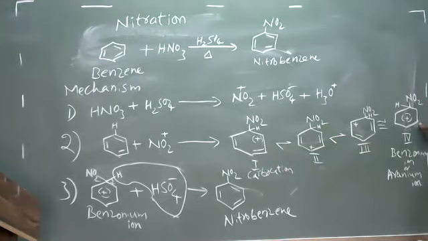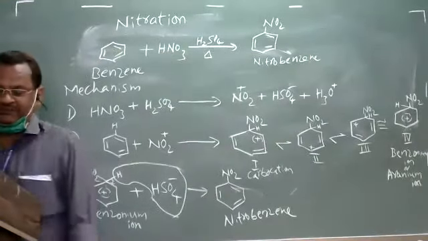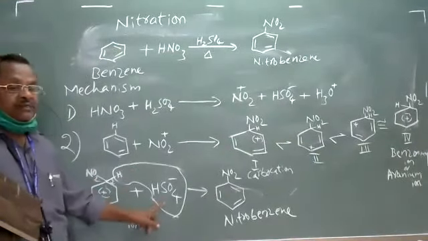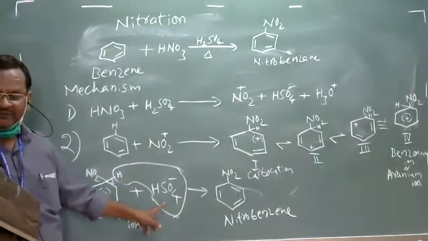This is purely because of the delocalization of pi electrons, or resonance effect, resonance energy, that leads to the molecule called the benzenonium ion or arenium ion. This is a more stable, highly reactive molecule. In the next step, the benzenonium ion loses a proton to a bisulfate base,